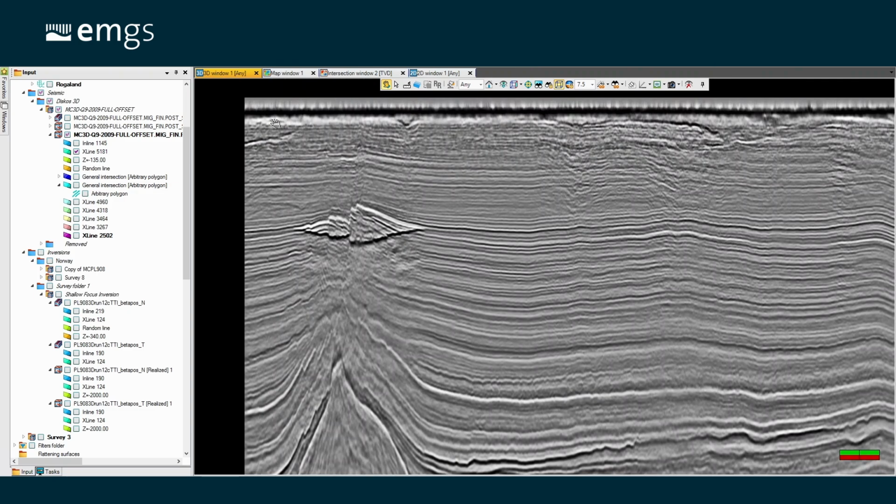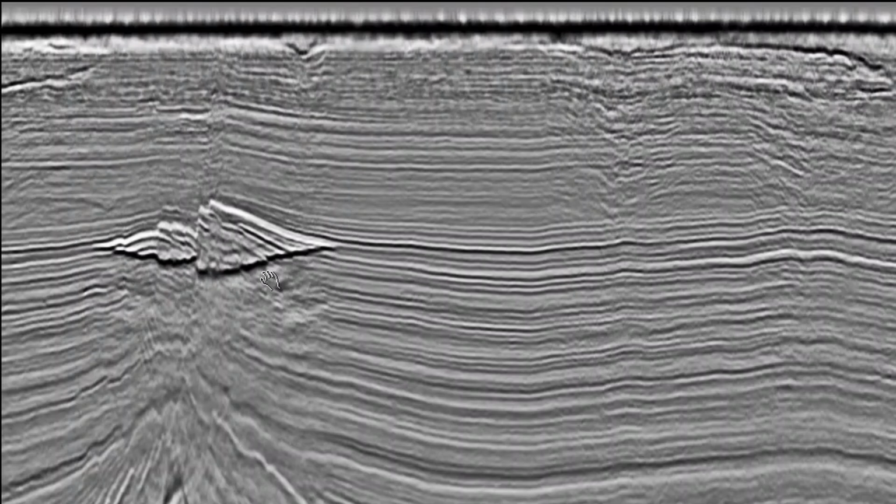You can observe here some of these very shallow features, these incisions that have been filled with high velocity material in some places, and that then create pulled up features. The target would be these obvious seismic amplitudes here in the anticline. The top of the reservoir I have